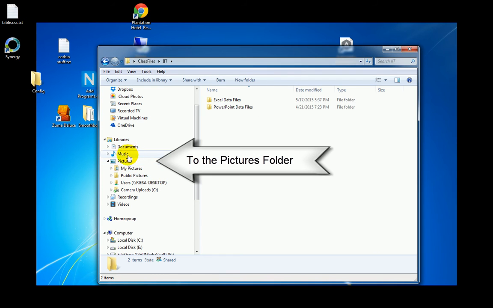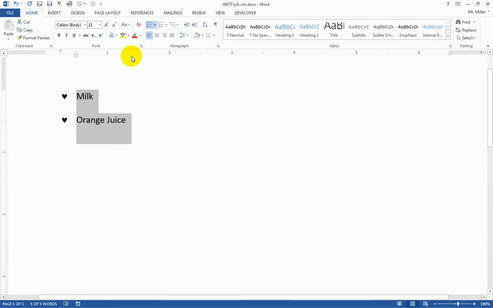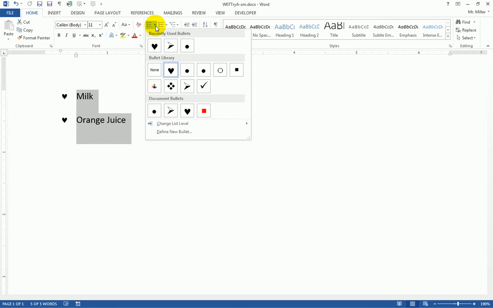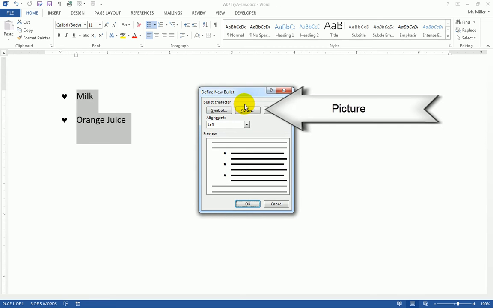At this point, I can go ahead and use that picture in my Word document. So I'm going to go back to my Word document. I want to now select, if you don't have it selected, select these 2 items. And instead of using the heart symbol, we're going to use that RBMA logo picture. Clicking the drop-down arrow on my bulleted list, we're going to go down to Define New Bullet, exactly the same way we did when we got the heart. But this time, we're going to use the picture option instead of symbol. So clicking on Picture,